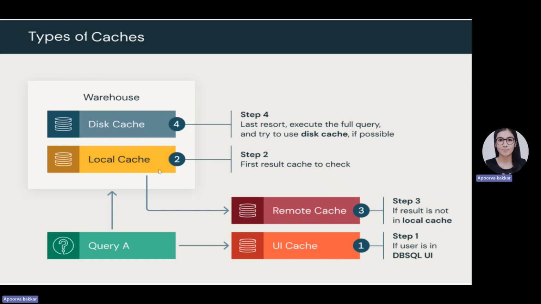Then is the local cache, which is an in-memory cache that stores results in SQL warehouses, and it has a life cycle of 24 hours. And then are the remote caches, which are available on serverless SQL warehouse only, and it's a cache system that retains query results by persisting them in cloud storage, and they also have a life cycle of 24 hours. Then are the disk caches, which are also known as delta caches. They can be stored on disk, allowing for accelerated data rates, and data is automatically cached when files are fetched